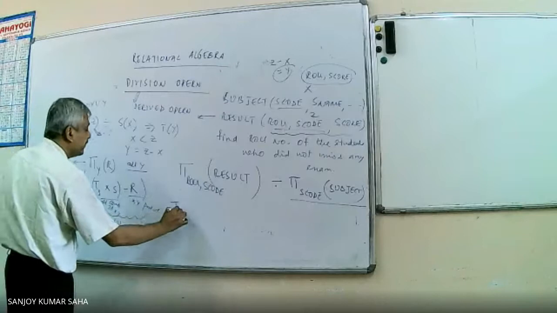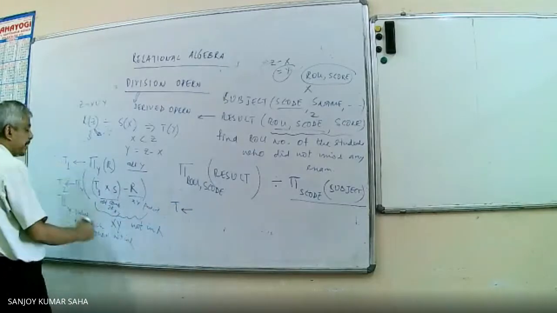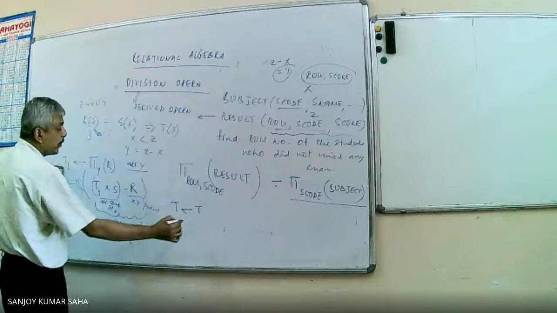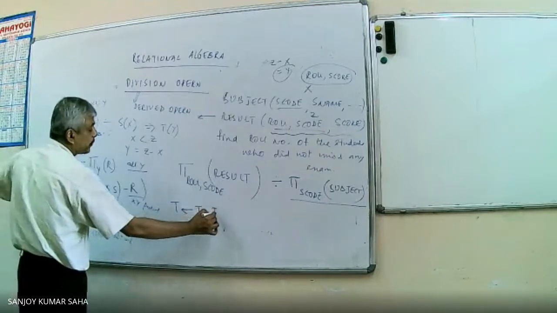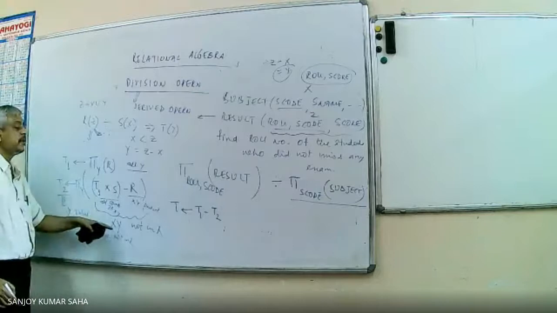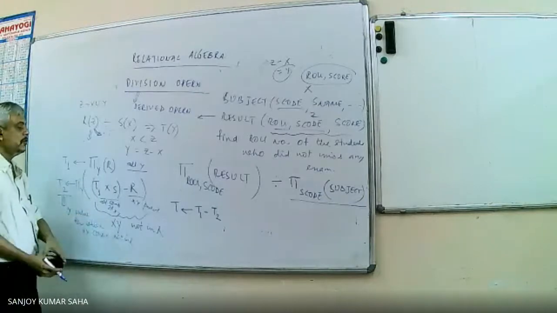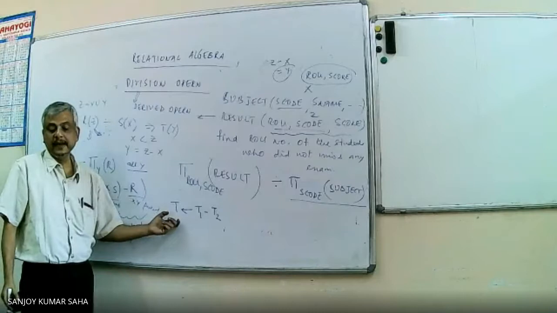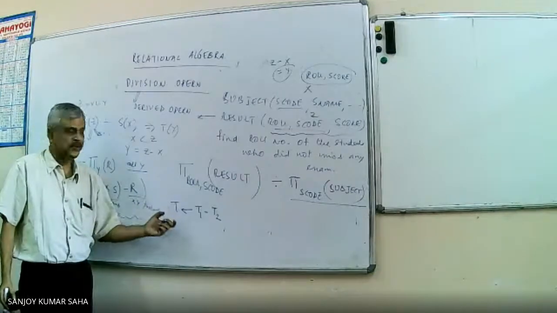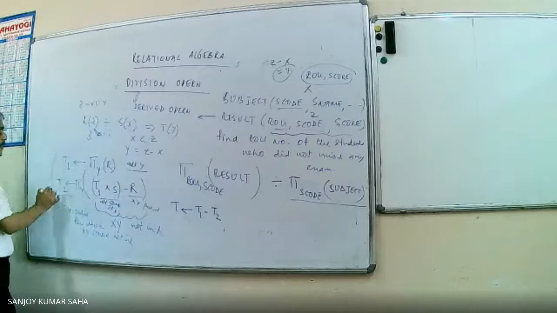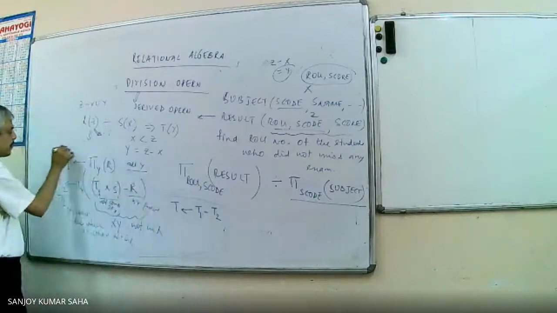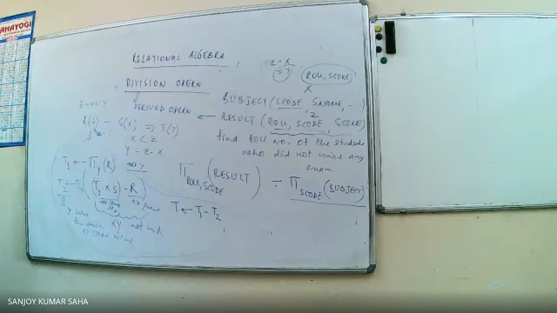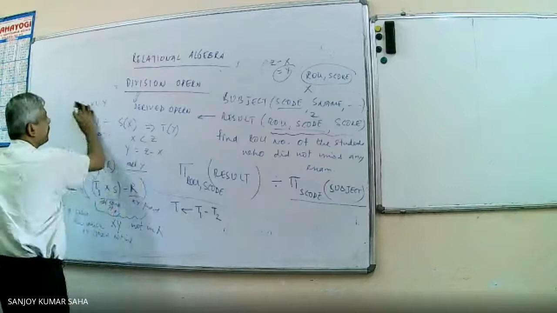So the outcome T will be, I am using the assignment operator, this is all possible Y. These are the Y values for which all xy combinations are not present. So T1 minus T2, that is the outcome of our division operation. So see, we can express the division operation as a set of our fundamental operations. Now if we again map this to this particular example,